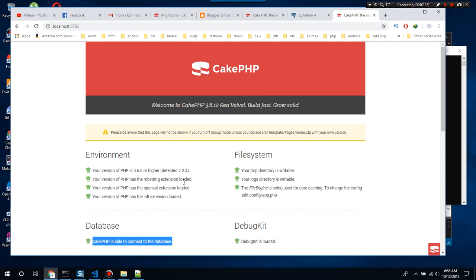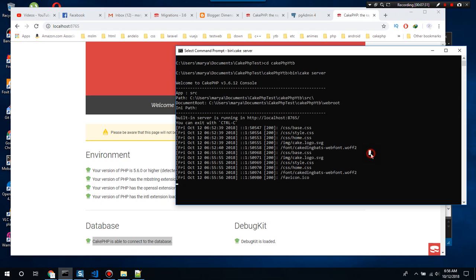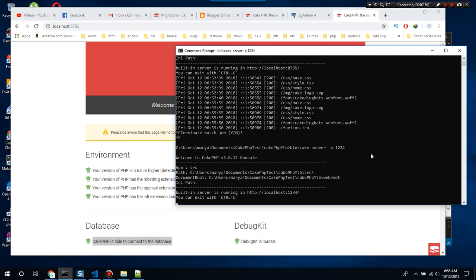But I just want to show you something. For example, if you want to change the localhost name or the port number, we can do something like this. So bin/cake server. If you want to change the port number to something else, then just type -p and then your port number, for example 1234, something like that, and then hit enter.